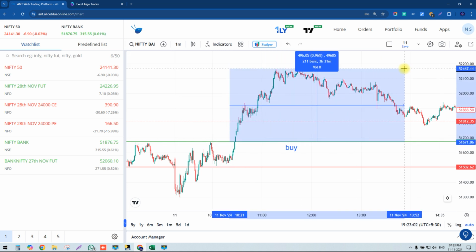Yes, market went up almost 501 points. Yes guys, that is really superb. You would have made huge profit if you had purchased the software today and traded with it. Okay guys, market went up 501 points. This is a buy level. Here a buy was generated and market went up, and this is a sell level. Okay guys, next we'll see